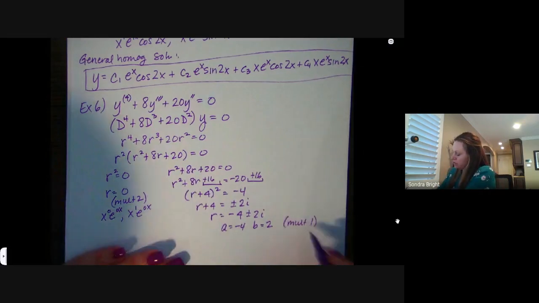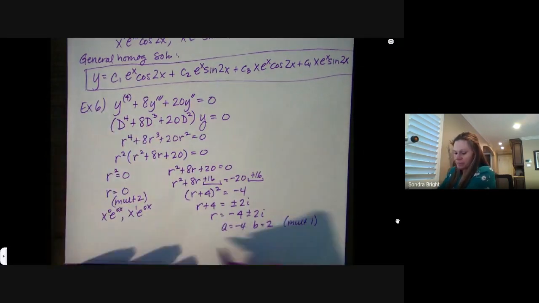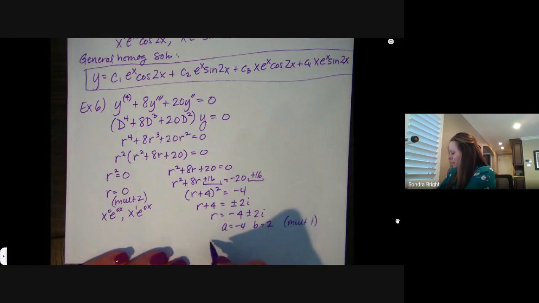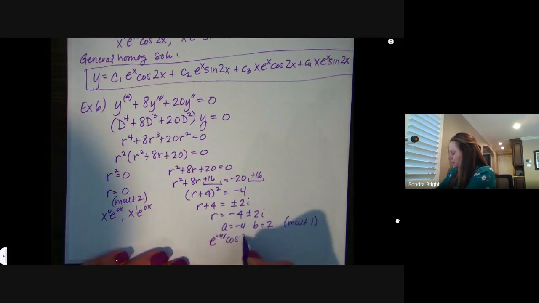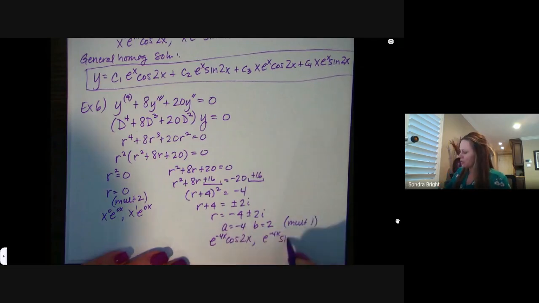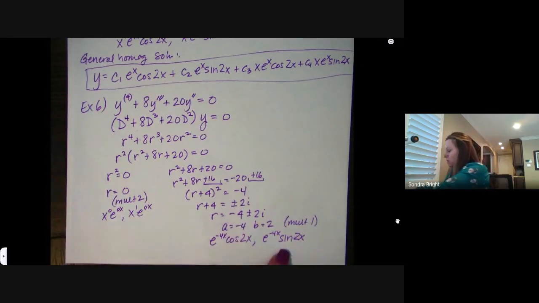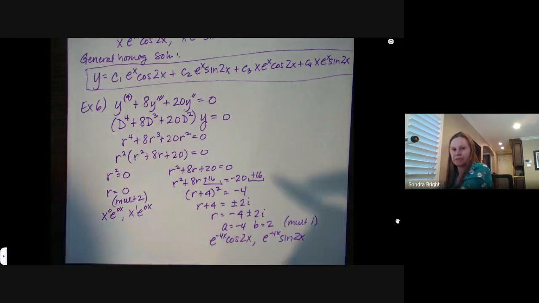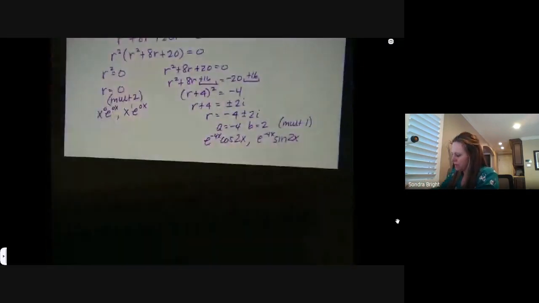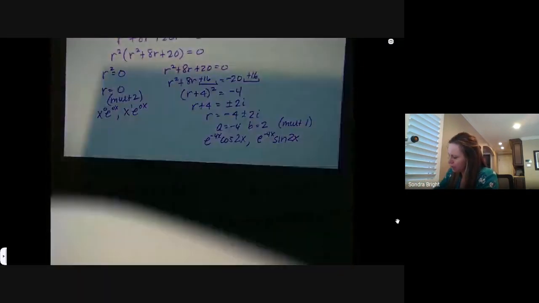So that means that our solutions will be just e to the negative 4x cosine of 2x and e to the negative 4x sine of 2x. Those will be your 2 solutions. So I've got 1, 2, 3, 4 solutions. Your general homogeneous will be combining all 4 of these solutions together in a linear combination,